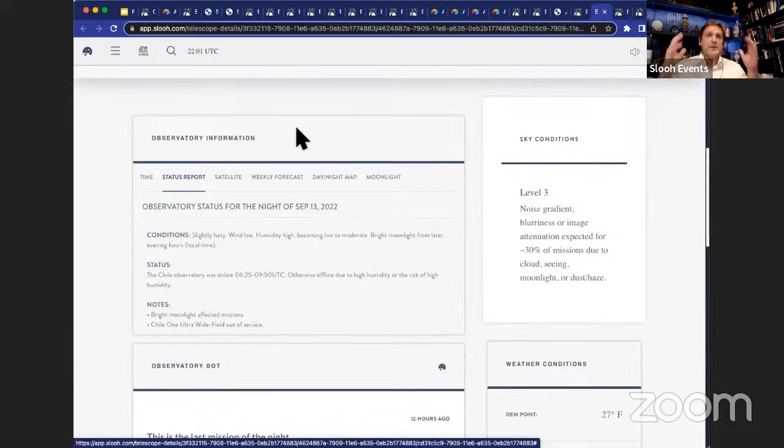Seeing conditions, for people who don't know, is the stability of the atmosphere above the telescope. So that air that John was talking about, that the light is having to travel through. The Canary Islands Observatory is 8,000 feet altitude, 2,000 meters above sea level. It's in the Atlantic Ocean, so it has a very smooth laminar airflow coming over the observatory. It's why the largest optical telescope in the world is based there, because the seeing conditions are on average far, far better than anywhere else, but we get bad nights.